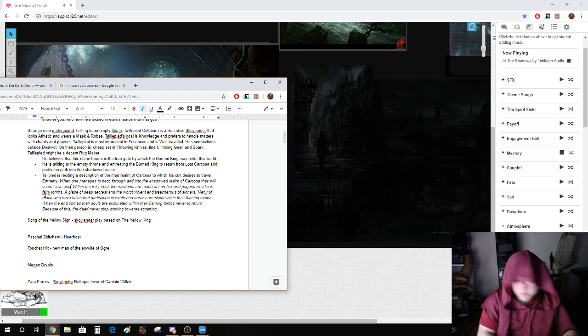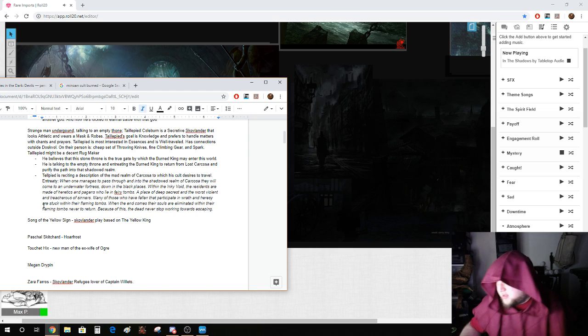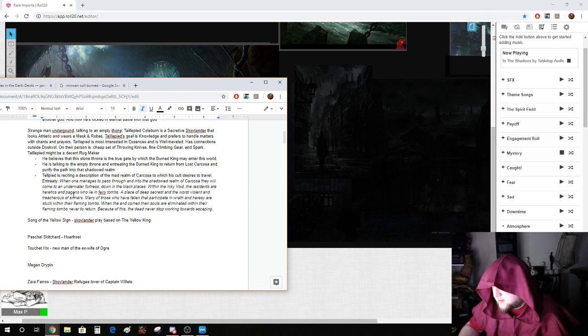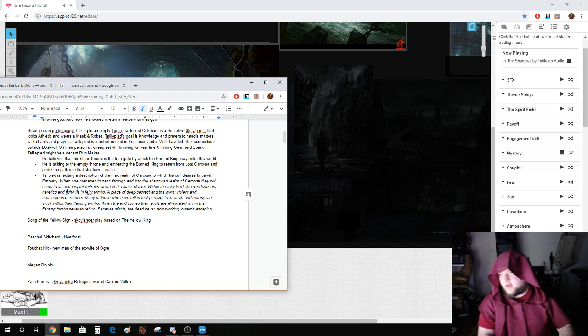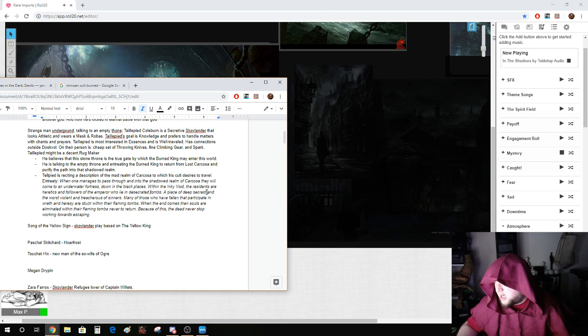An underwater fortress down in the black places. Within the inky void, the residents are heretics and pagans. Heretics and followers of the Emperor who lie in desecrated tombs. A place of deep secrets